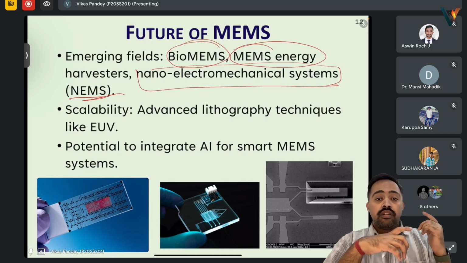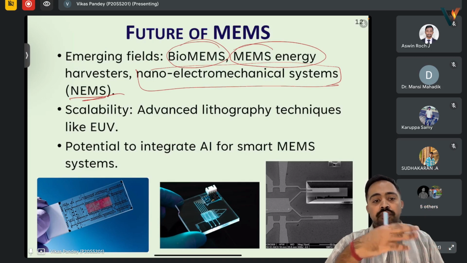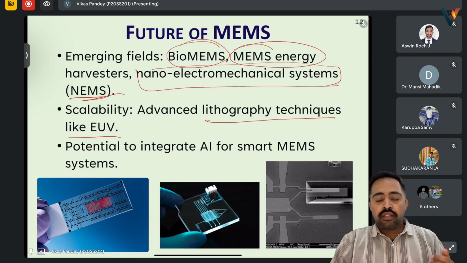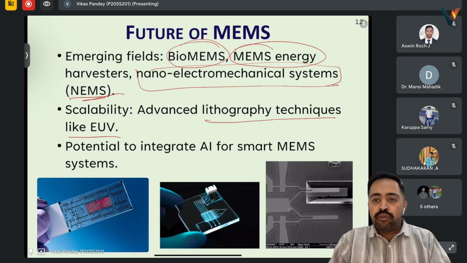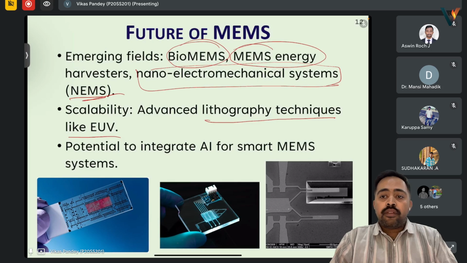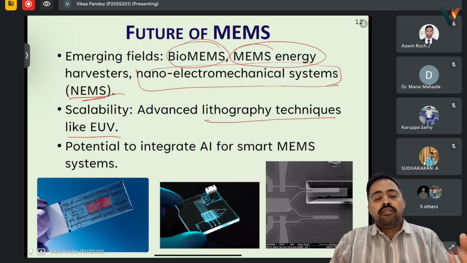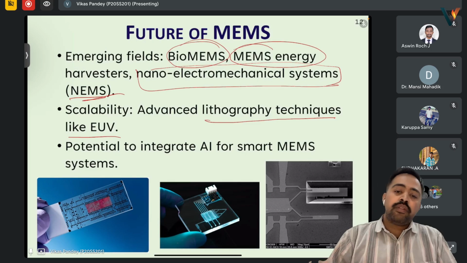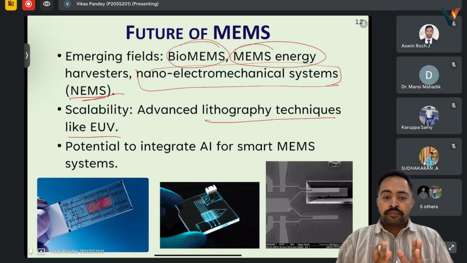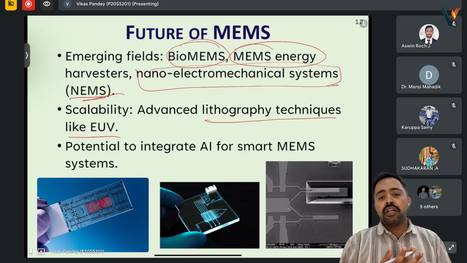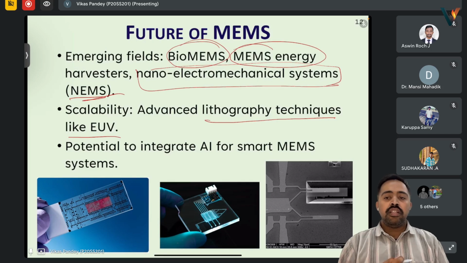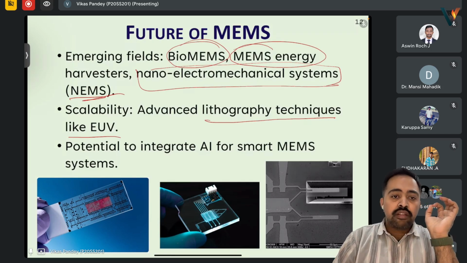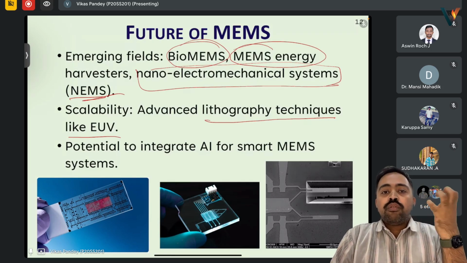Then these MEMS devices are further scalable using advanced lithography techniques like extreme UV or deep UV. And as AI and data science are growing, we will see MEMS systems getting integrated with AI, and smart MEMS systems like sensors, and this will gradually evolve. So that is the future of MEMS, and that is the reason that we are discussing and focusing on this topic,